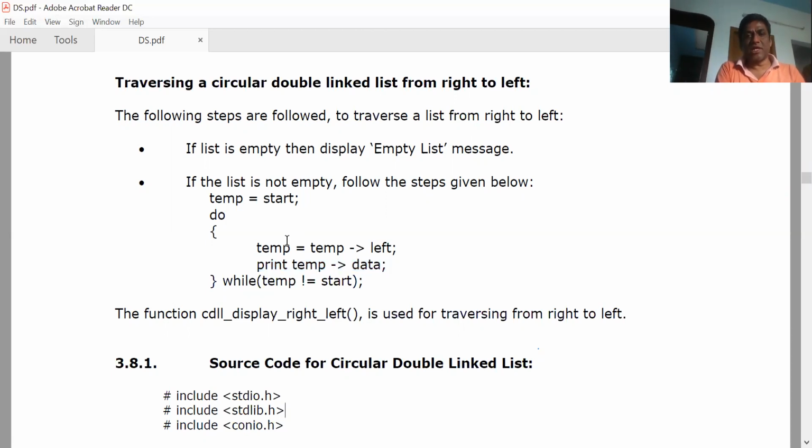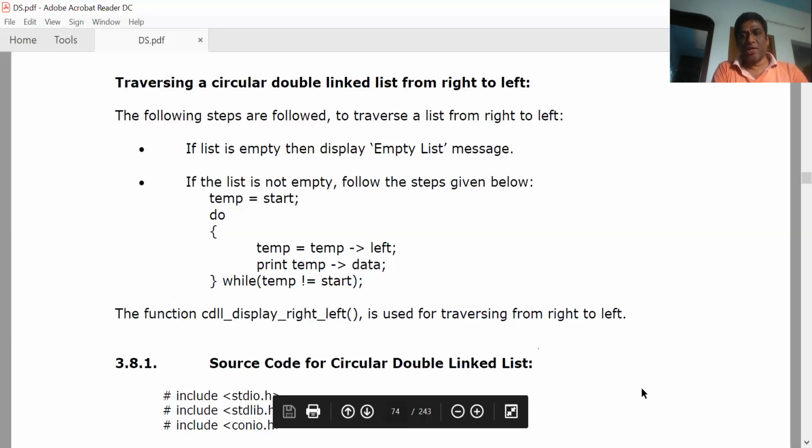So this is how traversal in circular doubly linked list is done. So with this, circular doubly linked lists are completed. And today we discussed two topics: circular singly linked list and circular doubly linked list. And with this, the linked list concept is completed. We have discussed singly linked list, doubly linked list, and circular linked list, and we have gone through the variations of the circular linked list also. And the remaining topic in this unit is applications of linked lists. We will discuss it in our next class.